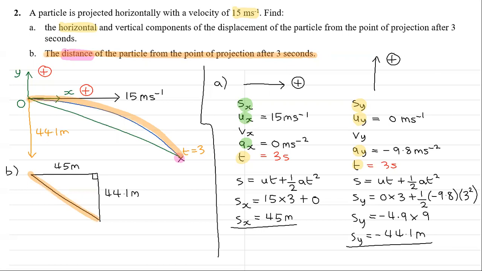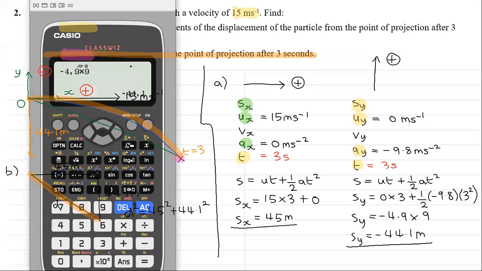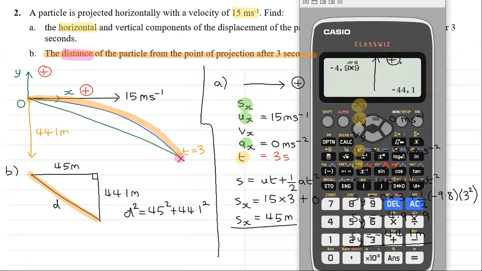So all we need to do now is a little bit of Pythagoras' theorem. Okay, so to find the distance, we'll call the distance d. We use Pythagoras, so d squared is going to equal 45 squared plus 44.1 squared. Okay, so we're going to use our calculator again. I'll just move it out of the way. So we've got 45 squared plus 44.1 squared equals